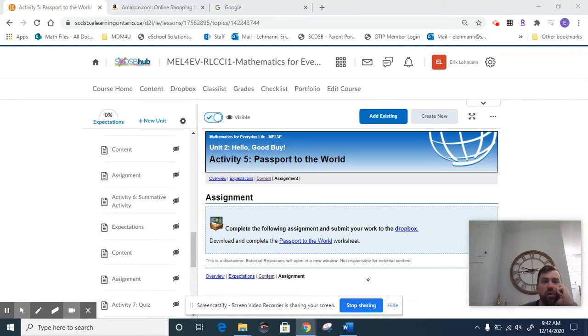Good morning, folks. So we are moving on to activity 5 in our unit here on Hello Goodbye, and it's Passport to the World. This one's interesting. It is about